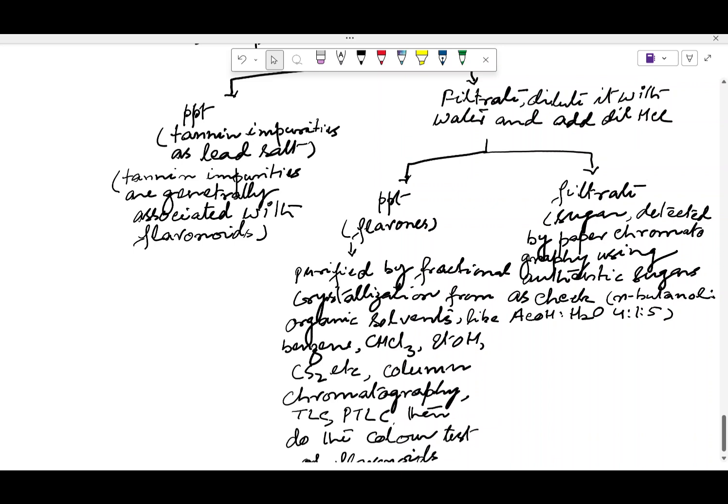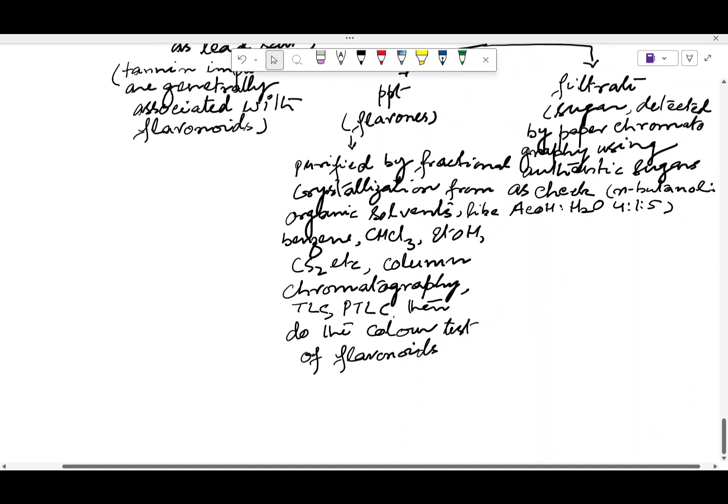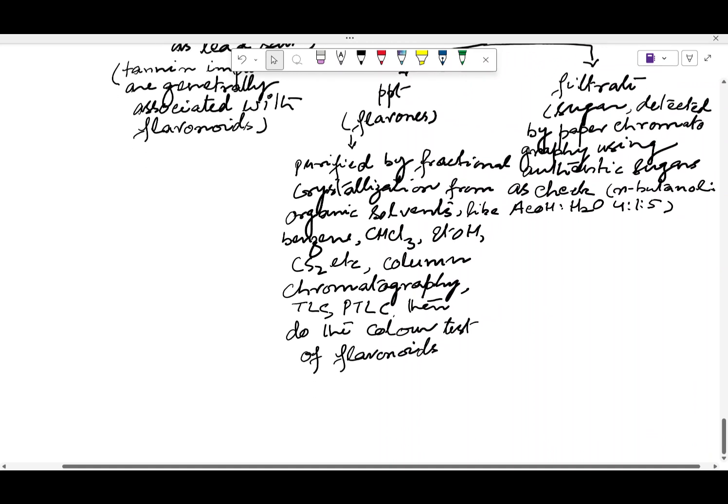And if that is not successful, then you have to move to chromatography, thin layer chromatography, TLC, and then test it again with the color test of the flavonoids to see whether we are on the right way or not. Once you get this, you can move to the different techniques. What was the structure of your flavonoids? Suppose you are getting isoflavones or flavonoids.